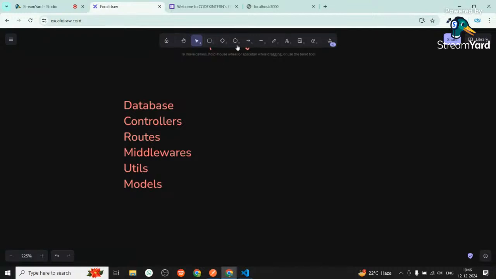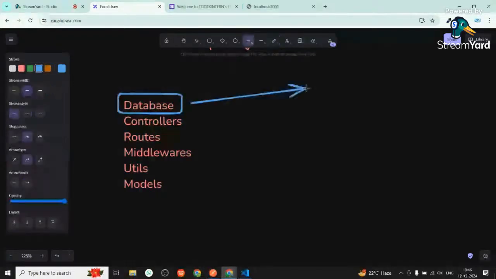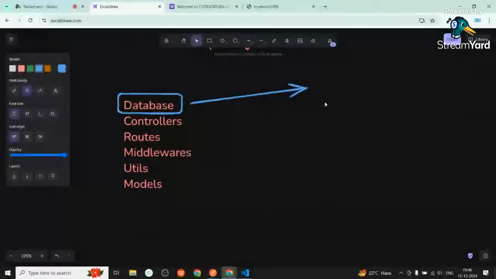Here in this, okay, just let me change the color. In this database, okay, 1 minute, guys. In this database, inside this folder, you will write the configuration for the connection of your database, connection of the DB. Okay, so if you are working with backend, that means